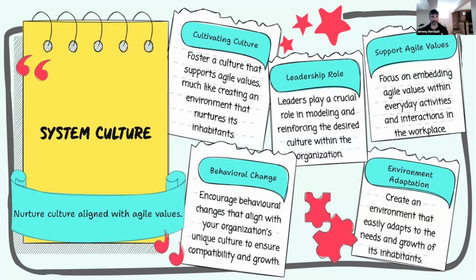I've seen it where if you don't have the values and the leaders don't exhibit those values, then the teams will only be able to go so far, and then it just starts falling apart. There's too much stress, and it doesn't work all that well. Then people start throwing their hands in the air saying, well, agile doesn't work, because we're having all these problems. And again, if they don't understand the start part, then it just grows from there. It's understanding all that and tying it all together.